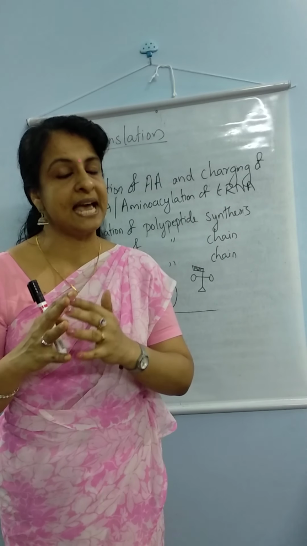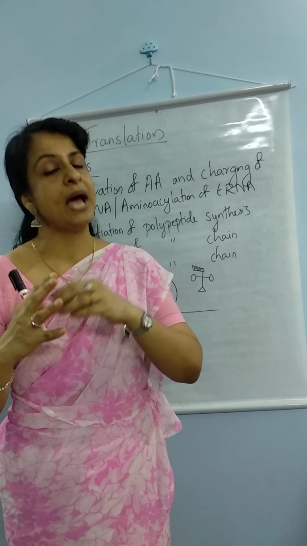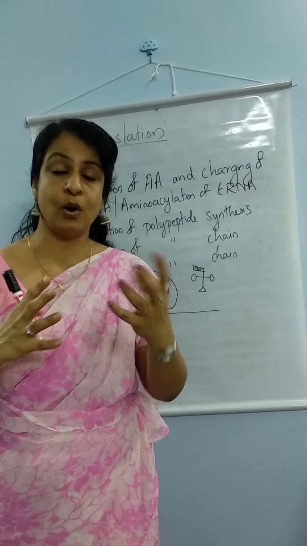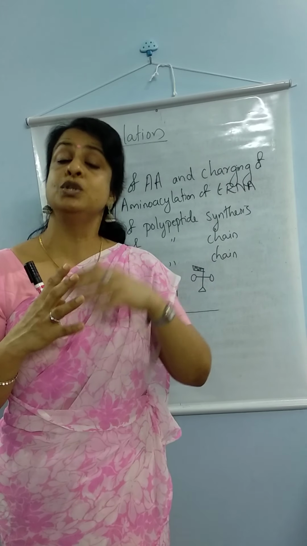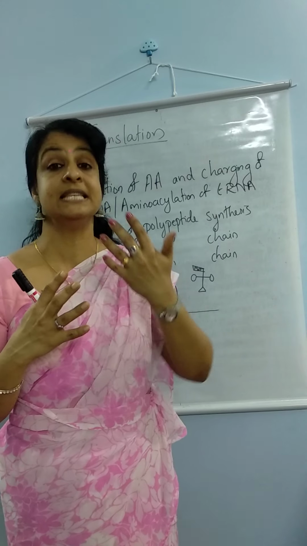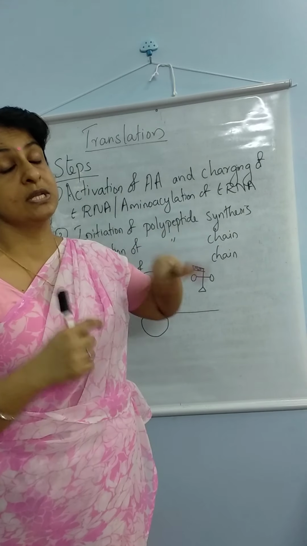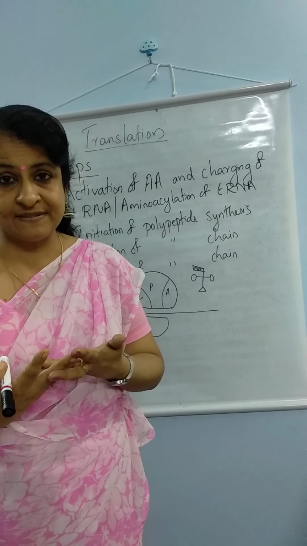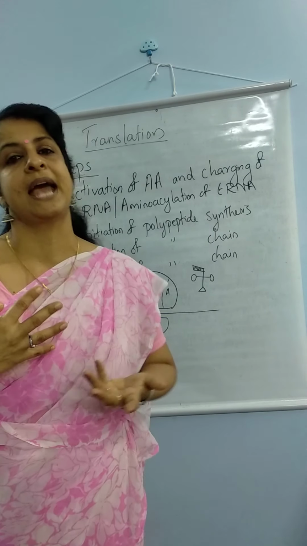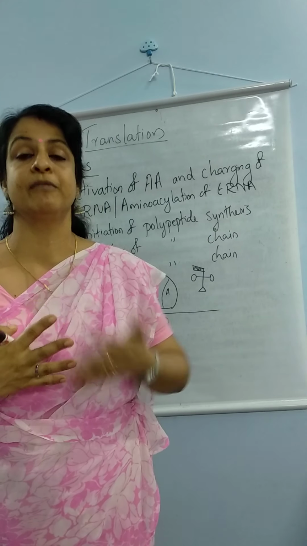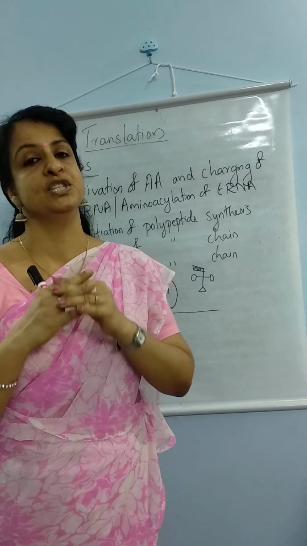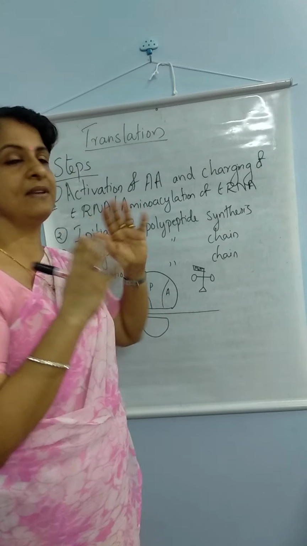So, what is amino acylation of tRNA? The amino acid chemically binding to its cognate or corresponding tRNA is called amino acylation of tRNA. Since the amino acid is in an inactive state, it should be made into an active state, and that is done with the help of ATP molecules and magnesium ions. So, first we will learn up to the